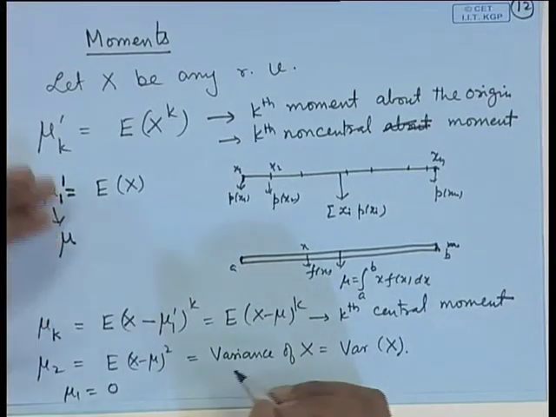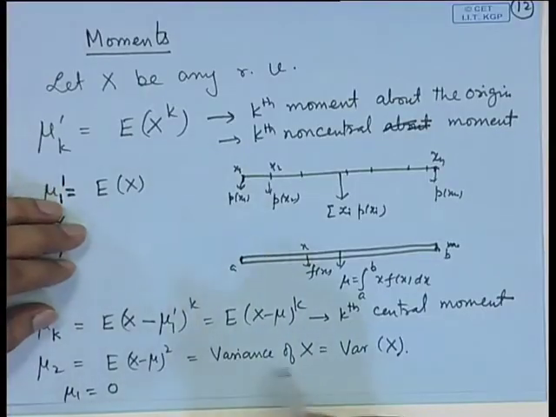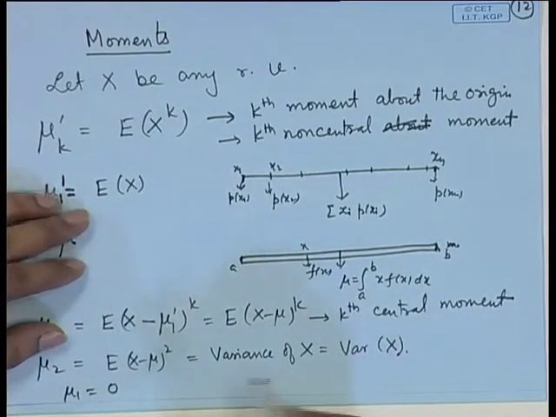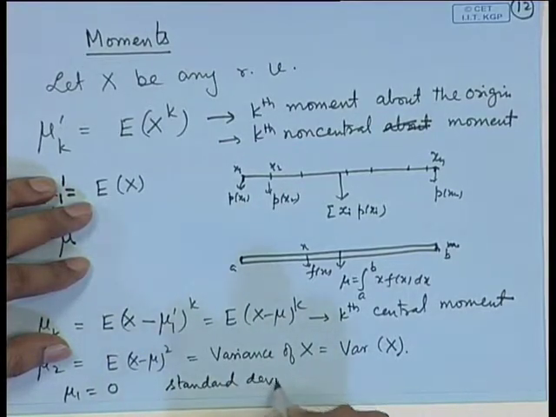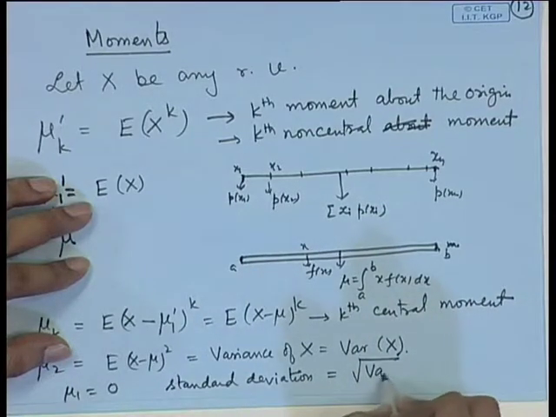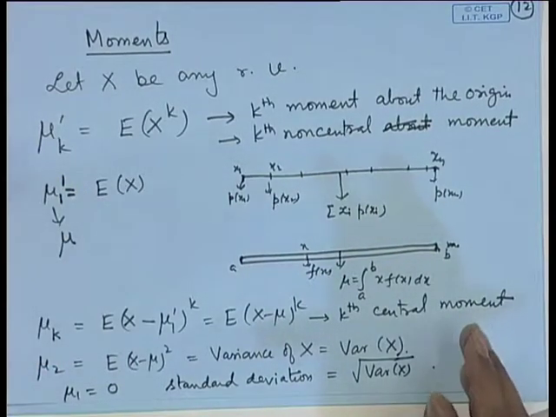However, to get a better measure of variability, one may look at the squared differences. So, we look at x i minus mu square, and then we take the average. That is known as the variance of the distribution. We also define a quantity called standard deviation, that is equal to square root of variance of x. So, this gives a measure of the variability of the distribution of the random variable.